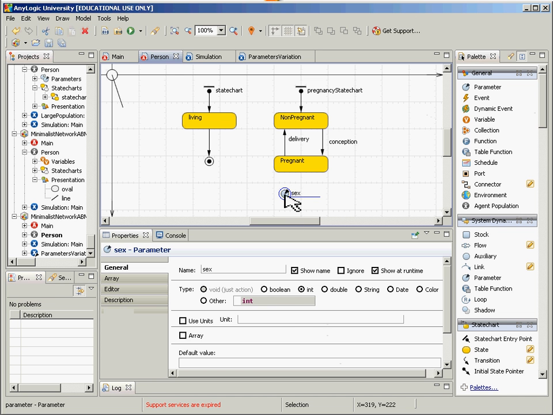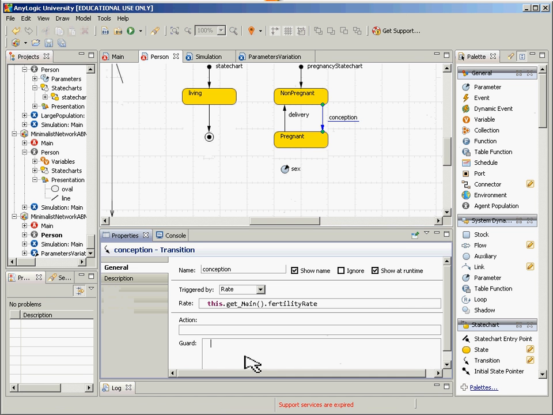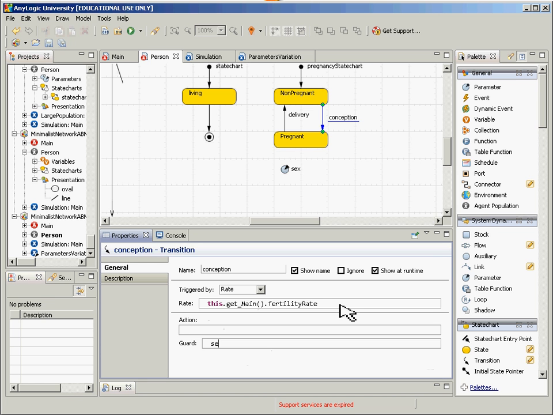And that's good. We know how to specify that. How would I make it so that only women can become pregnant? Well, it turns out that there's this quantity called guard here, okay? A guard will basically be used to check, to limit the situations under which you would go along this transition. So, in this case, we'll have a guard that the sex needs to be female, so we'll have sex equals